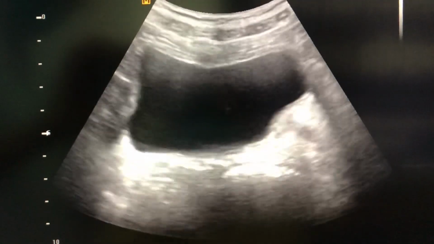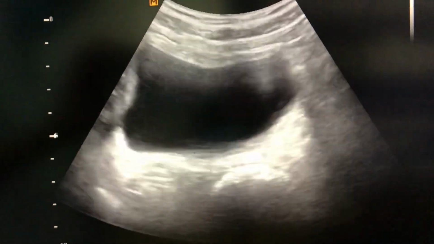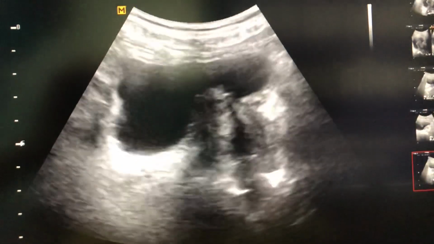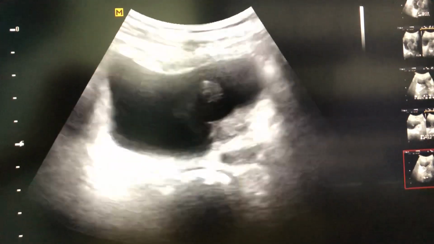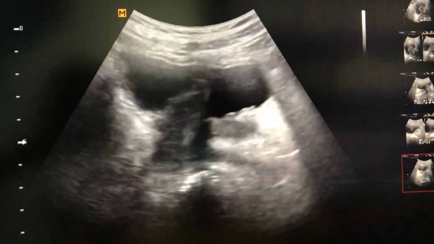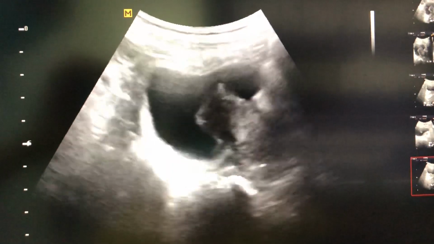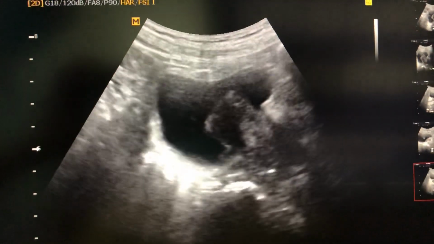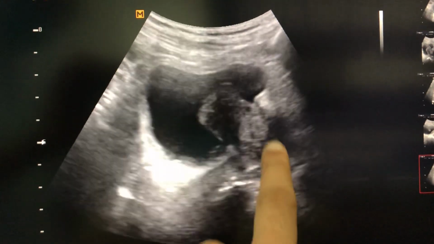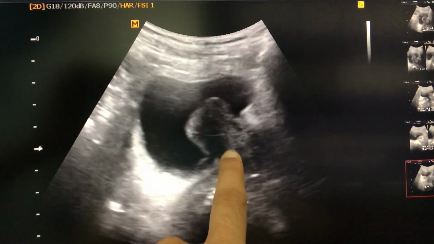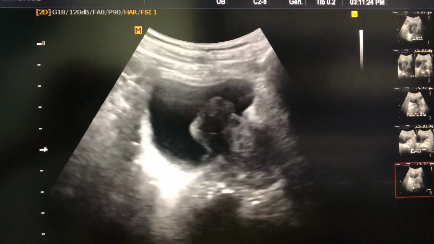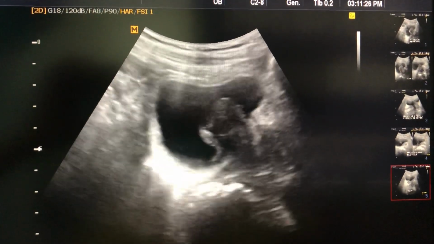Now, this is a 60 years male patient and a case of enlarged prostate with metastasis in the lower end of left ureter. We will go step by step. This is prostate showing significantly enlarged median lobe, indenting into the bladder cavity.